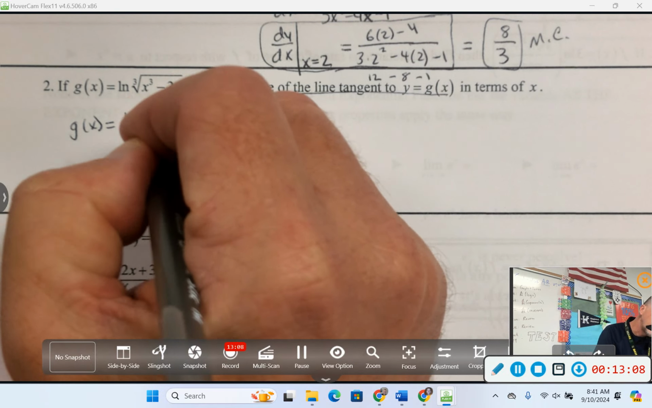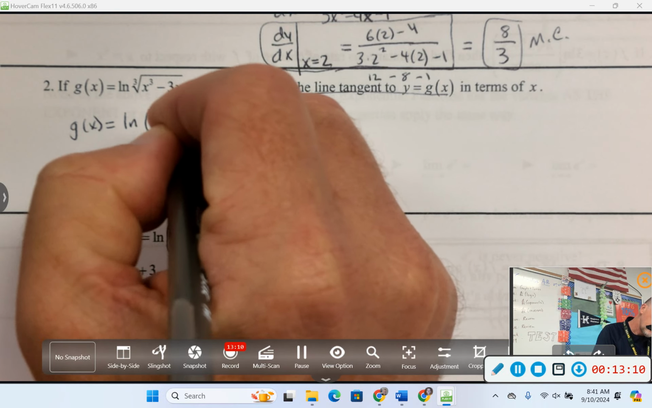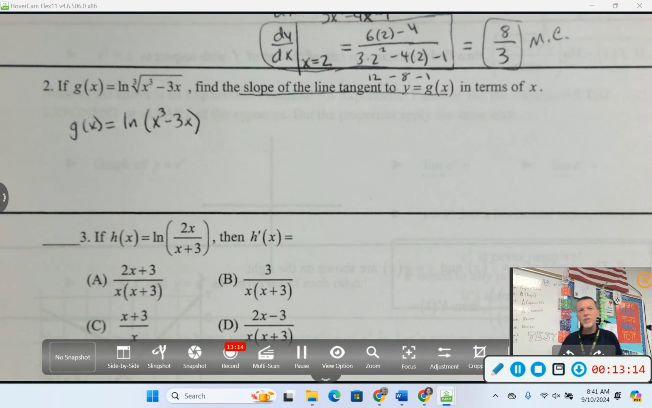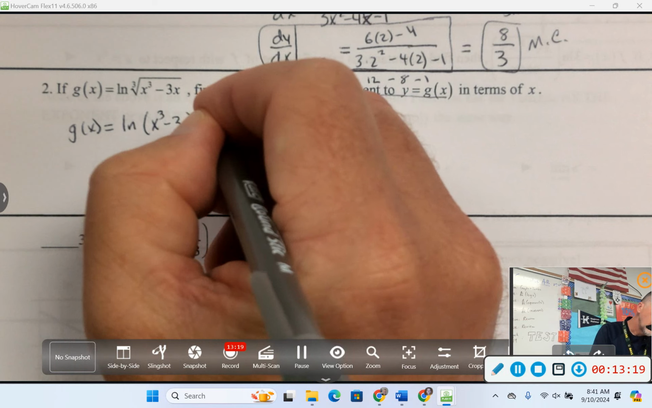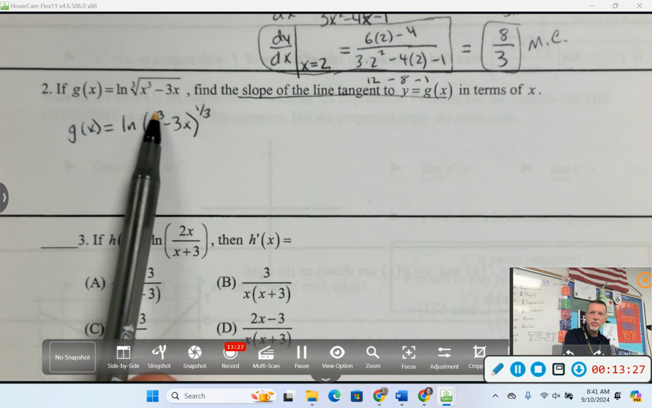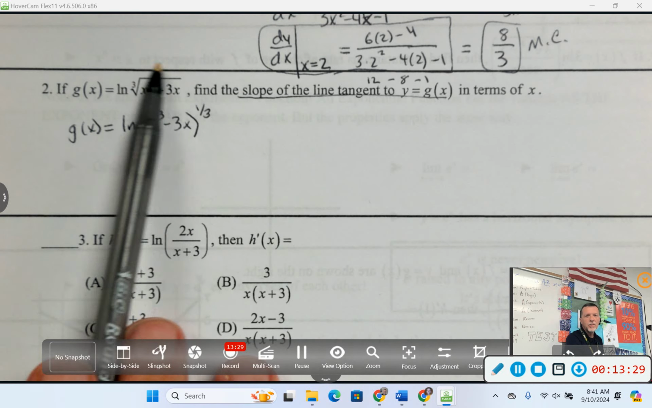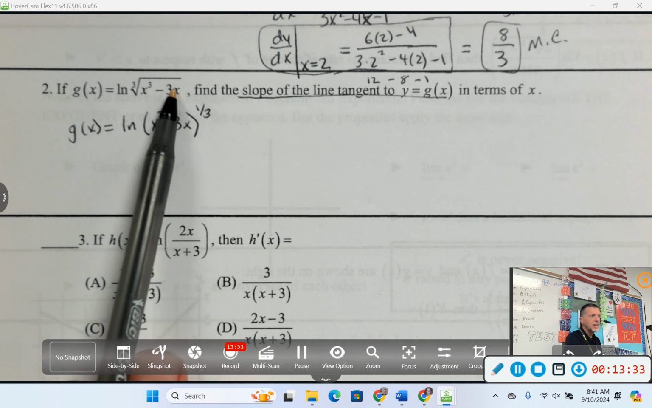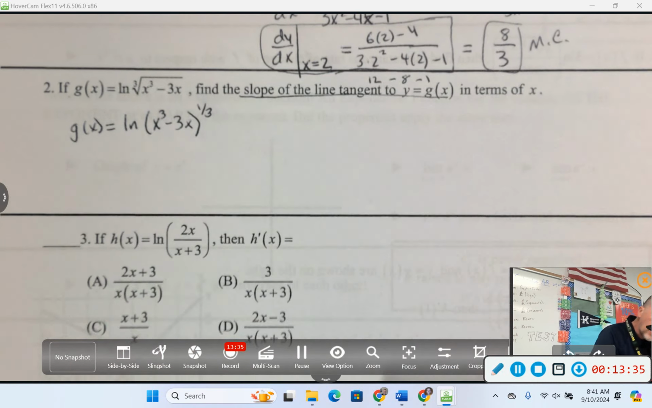Rewrite this. x cubed minus 3x. What power is the same thing as a cube root? 1/3. And then where can that 1/3 go? Out front. And so this is a lot easier. Before I make that algebra swap, I would have to do 1 over this thing, and then the derivative of that thing would be really ugly. But if I move the 1/3 out front,